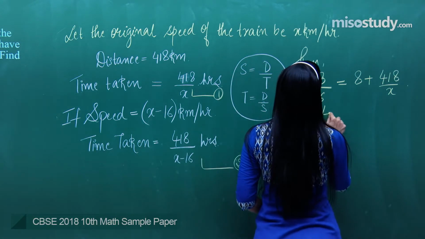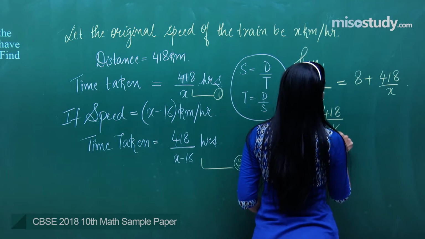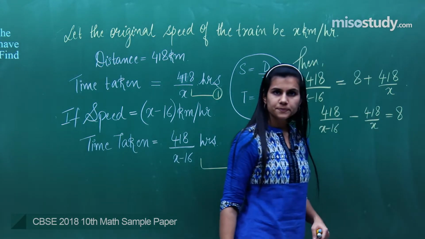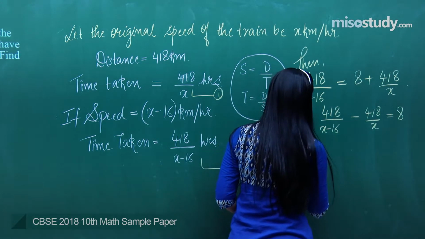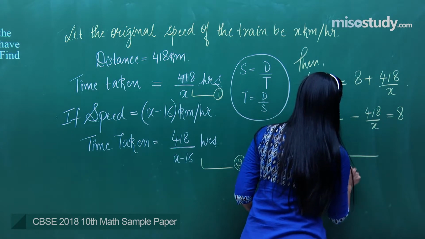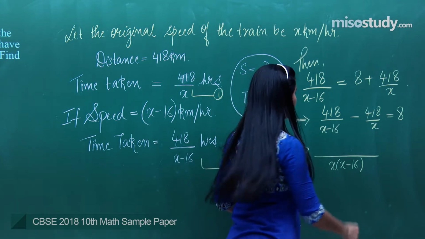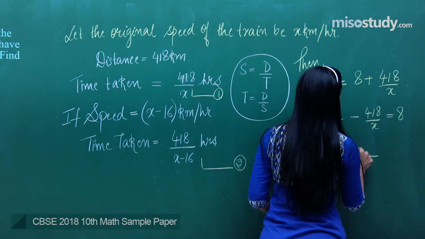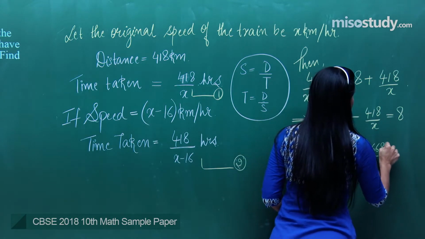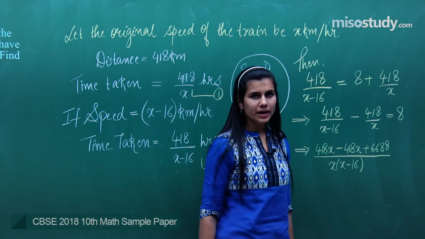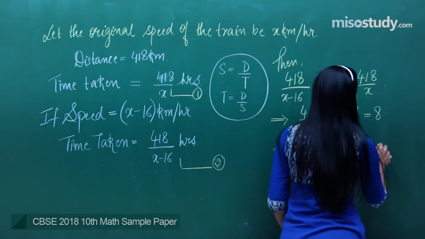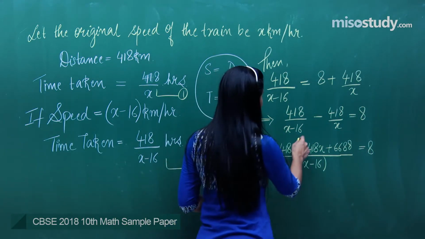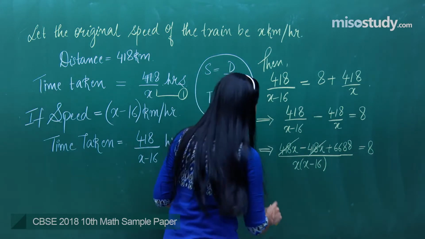What do you do? You can say 418 upon x minus 16 minus 418 upon x. This is equal to 8, right? Now what you can do is find out the LCM. It is x into x minus 16. From here you have 418 into x minus 418x plus 16 into 418, which is 6688, which is equal to 8. The moment you have this, what happens next? These both quantities, they get cancelled. You are left with